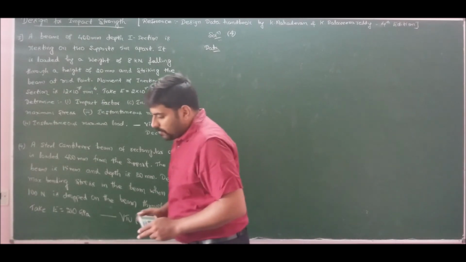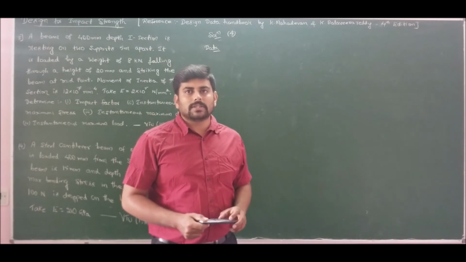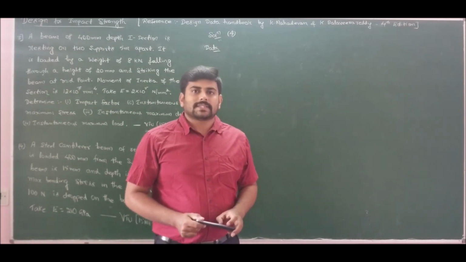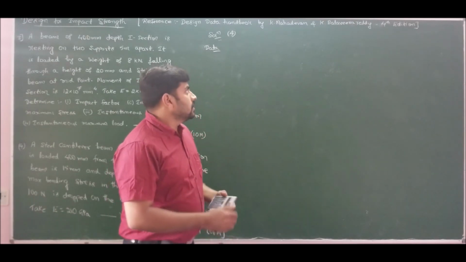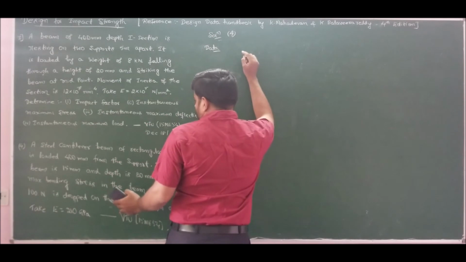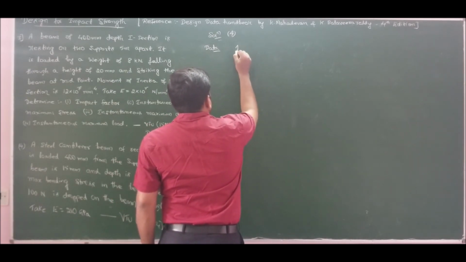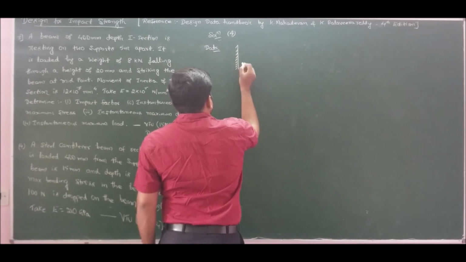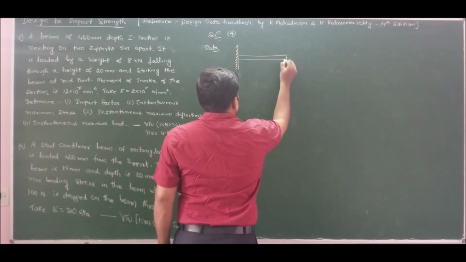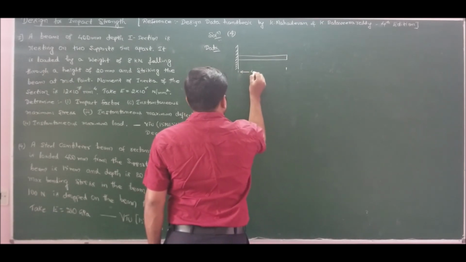If you observe, problem number 4 is on a cantilever beam. Since the problem is on a cantilever beam, we are discussing bending and impact stress. Now coming to the pictorial representation of problem number 4, we have a cantilever beam fixed at one end and free at the other end, at a length of 400 millimeters.